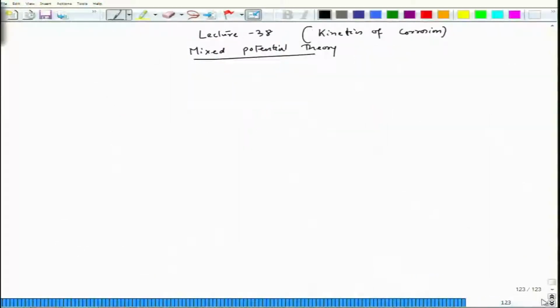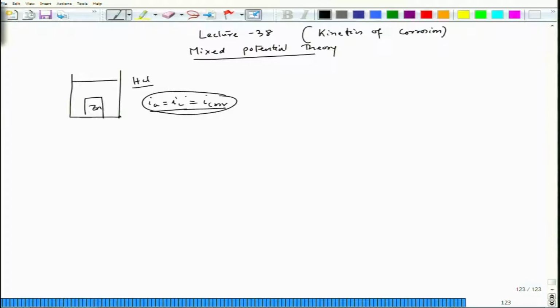In fact, if I look at this particular example where zinc is immersed in HCl, there is actually no net current flow in the zinc, rather when this mixed potential is achieved, IA equals IC, and that also indicates I corrosion, because at this rate the corrosion will take place, and that also corresponds to a mixed potential which is also called E corr, since zinc is acting as that electrode,